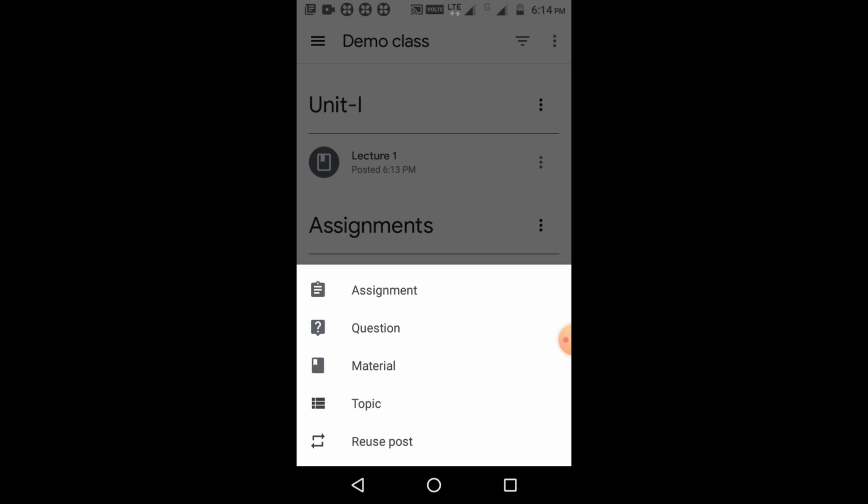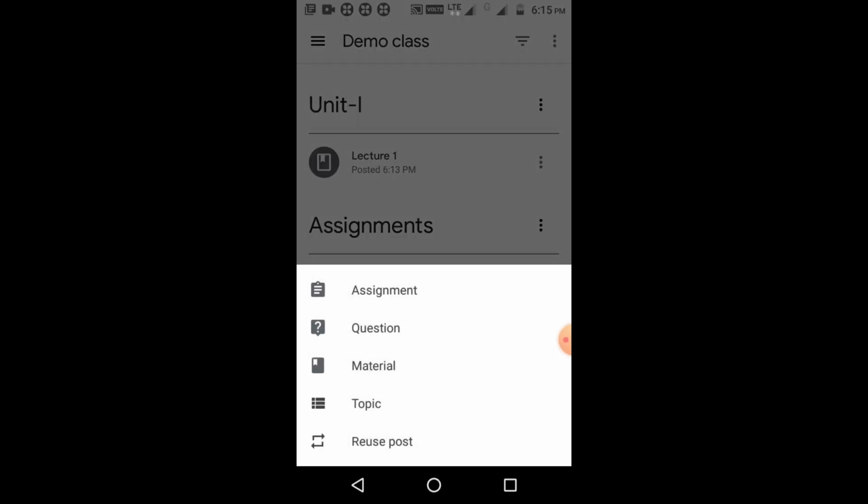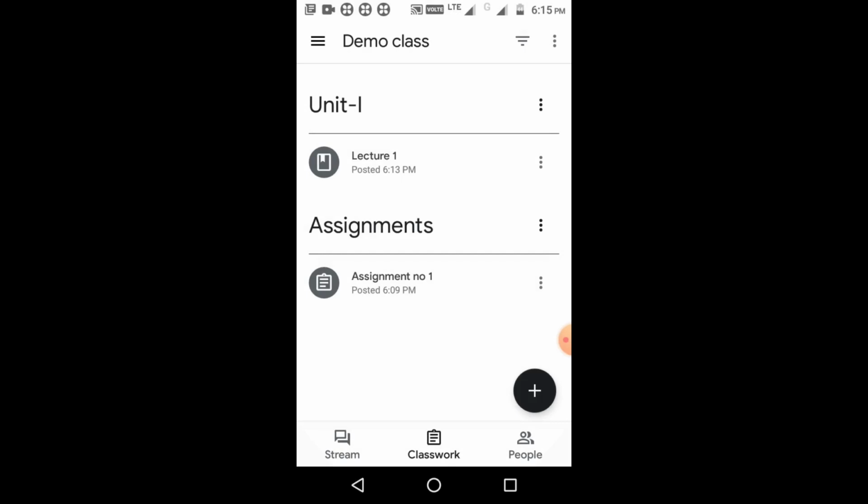If you want to post the same post for the other classes which you have created in your Google Classroom, then you can share the same post on the other classes as well. So with this fifth option, you can reuse the same post for the other classes. So in this way, we have covered all the details of the classwork. So in this way, we have learned how to use Google Classroom here.